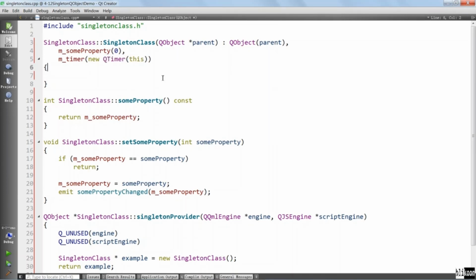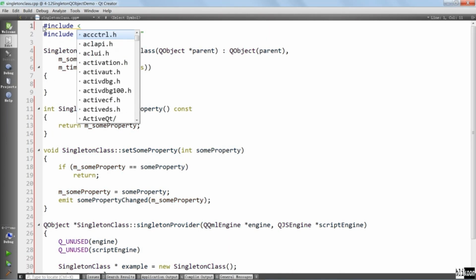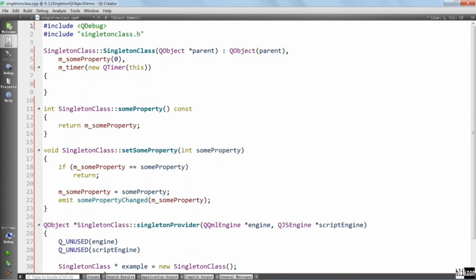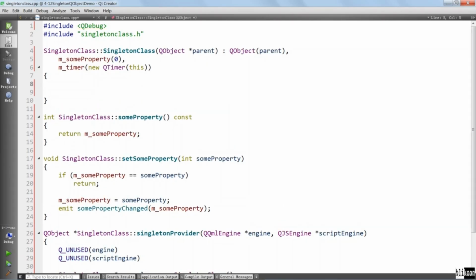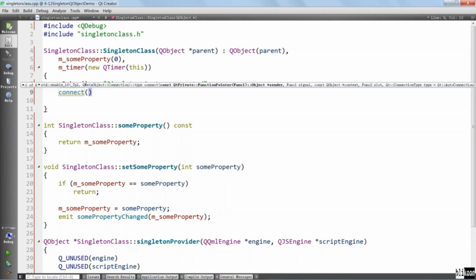And give it a parent like this. We actually want to put in some debug statements, so we should include qDebug and say that we are creating an instance of the singleton. We are going to connect to the timeout signal of the timer, so we're going to say mTimer